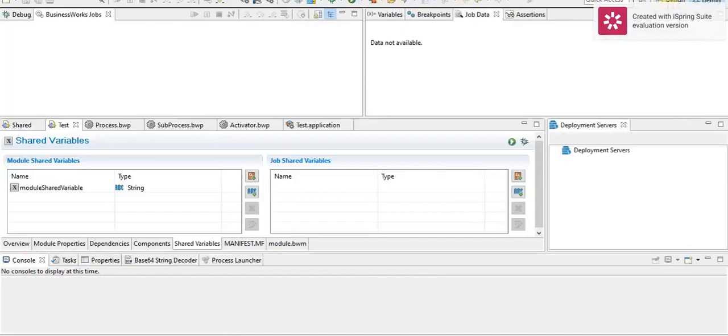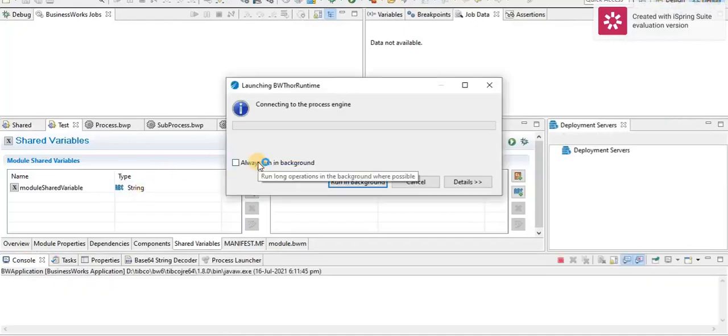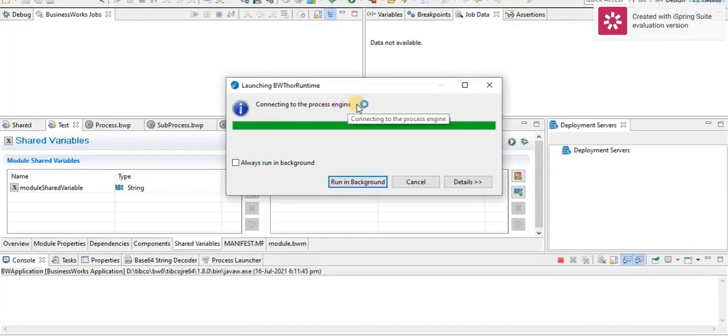Now our window has moved from the design perspective to debug mode. Wait a few seconds for the engine to start.